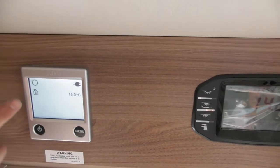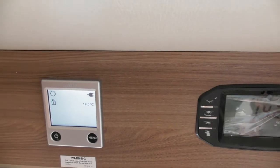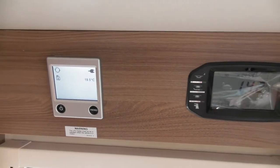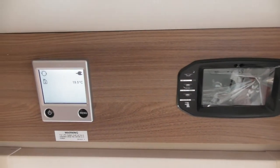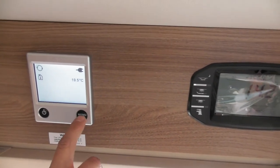We do it, there we go. You may remember that from your last system, or not. No. That is the circulation pump for your central heating. If that's there, that means the heating is being circulated around your van. If it's not there, the heating isn't being circulated around your van. If you don't want the heating running, but you still want the hot water, all you do